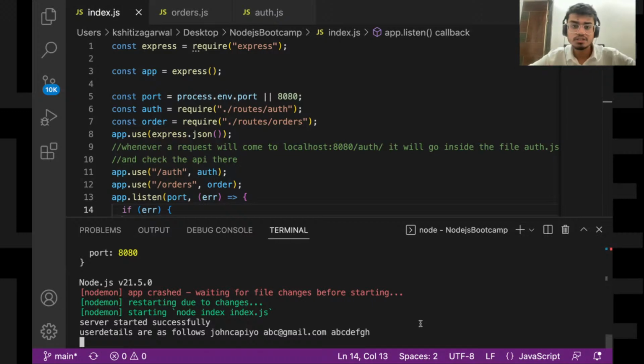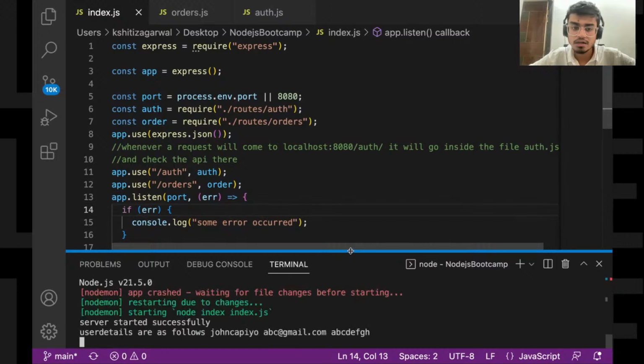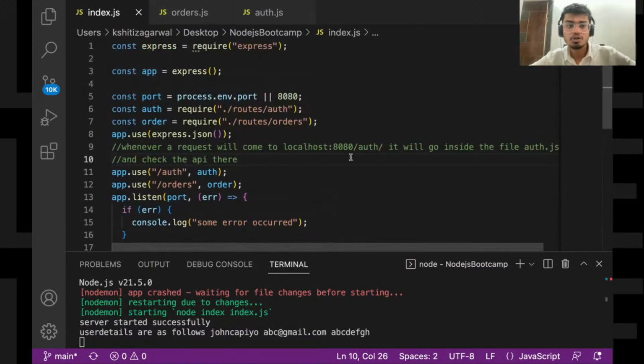Okay. Any doubts in this routing thing? Modular routing in Node.js. I see Sandeep asked if it is the same as router in React.js. Not exactly. In React, we have routes and we redirect the user to different components. Here we have different routes, and we take the user to a different file where all the singular routes related to that file reside. Okay, so that is how.